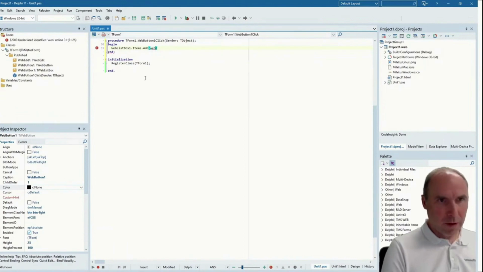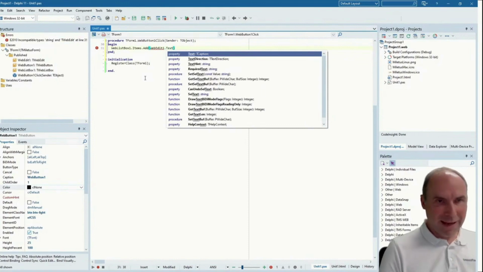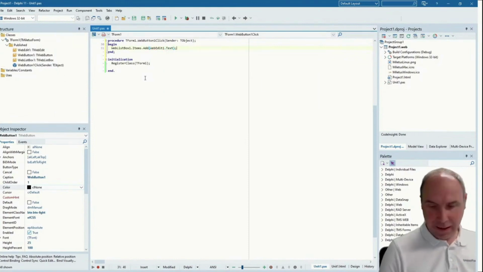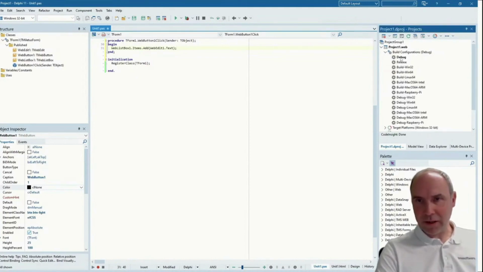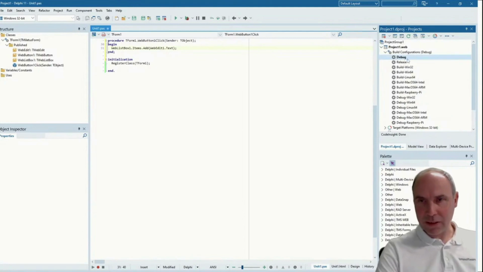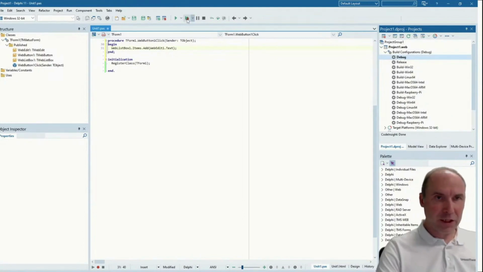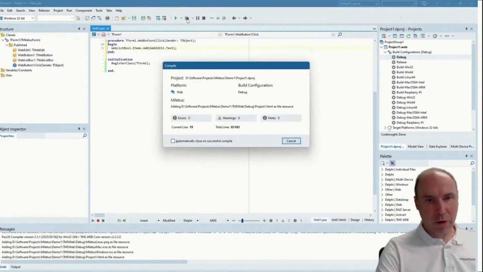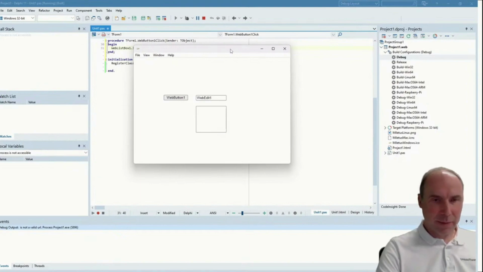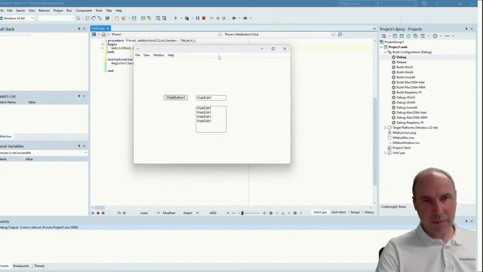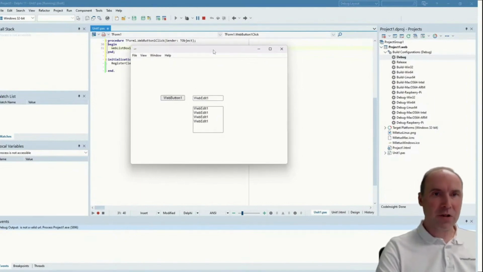The typical example that we have done many times in VCL and FireMonkey, we repeat it here for Miletus. Standard. This is configured in debug mode, and this will generate a Windows application. So let's compile and run this application. And here we are. This is the application that we expected, and if we click the button, items are added